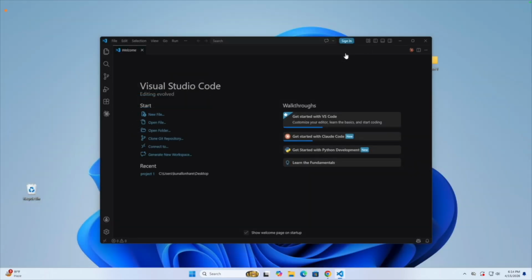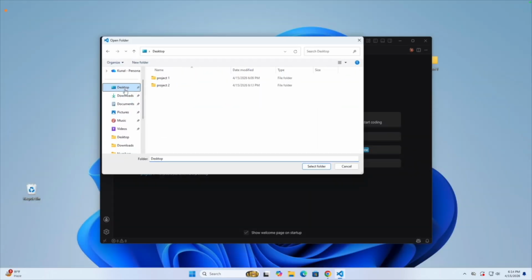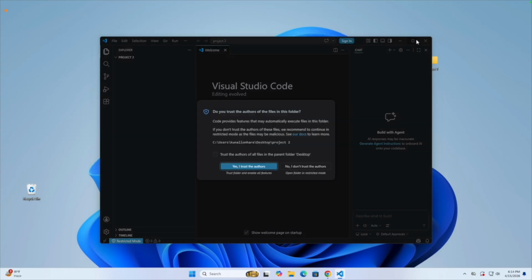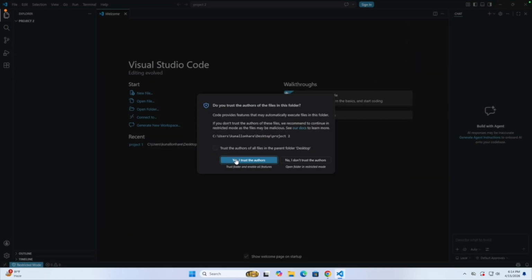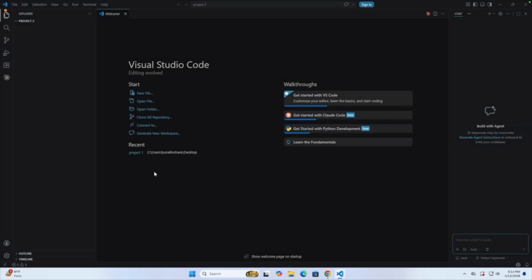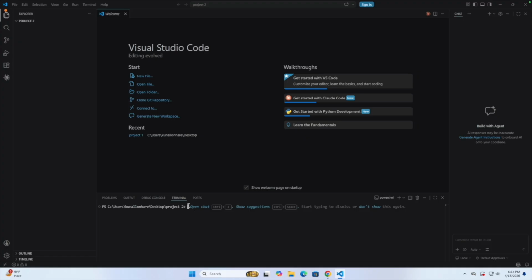Close the previous one like this, and again just click on this open folder here and just go and open the project 2, select it, click on select folder. Perfect. Now make sure you trust the author. Perfect. Again same thing you have to do, just go to terminal, new terminal, and now again I have told